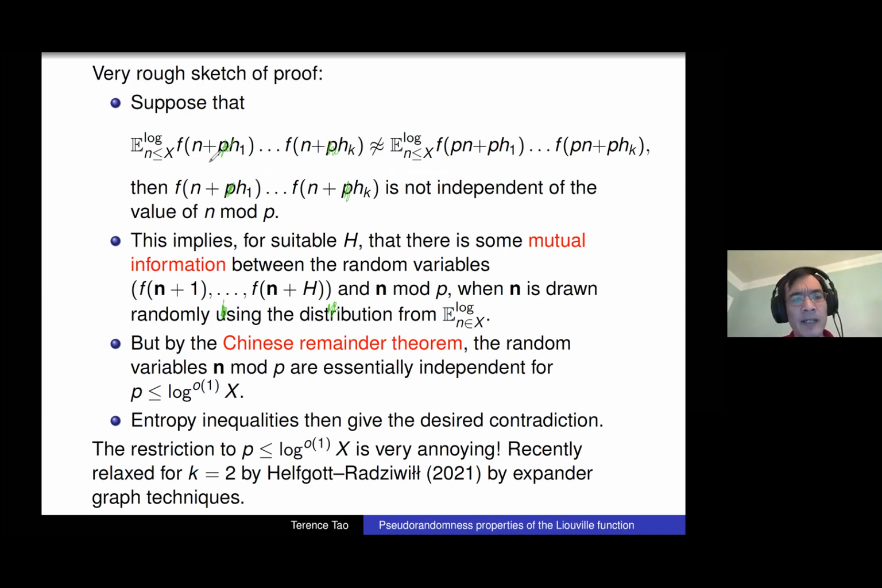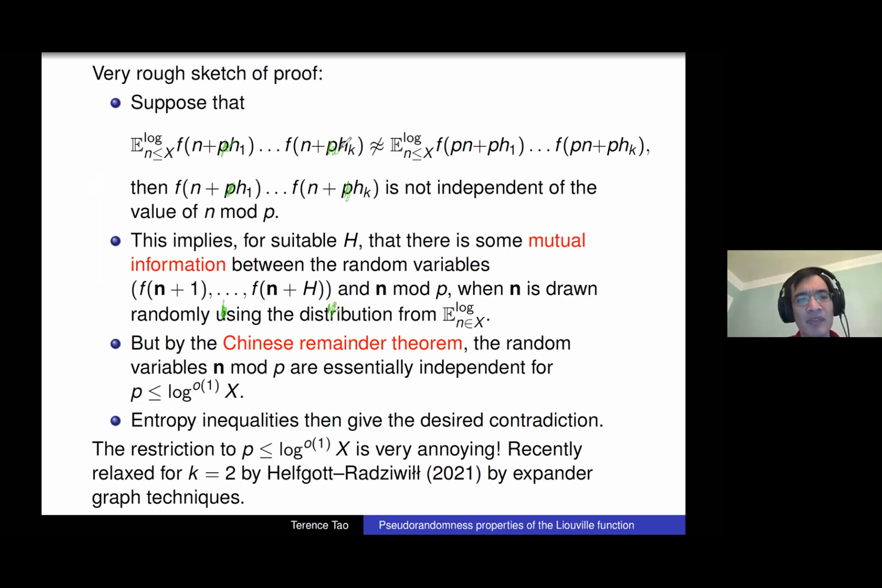Okay, but the reason why this is true is that if these two averages were not the same, all right, yeah. This statement doesn't actually follow from what I just said. So there is a typo somewhere, but